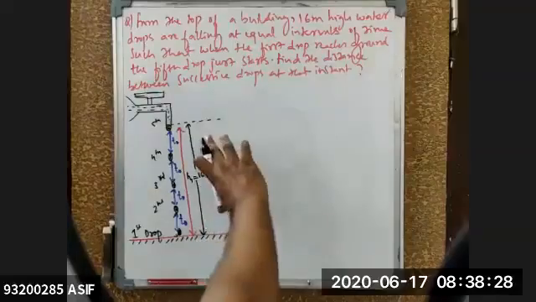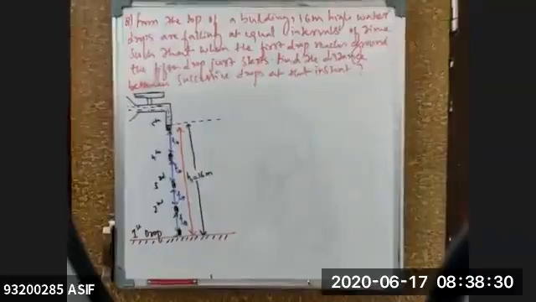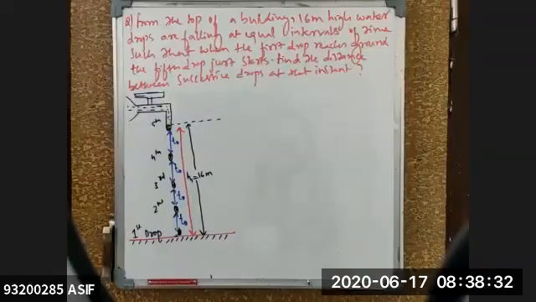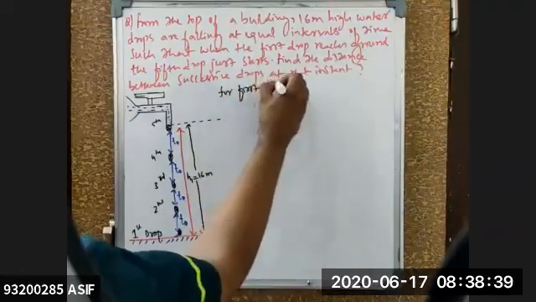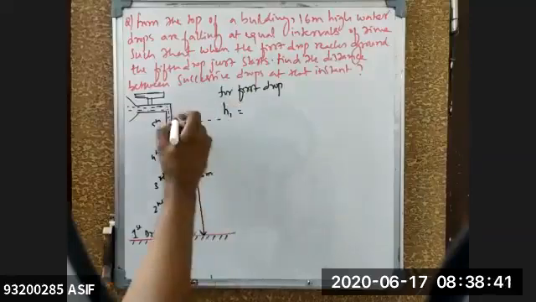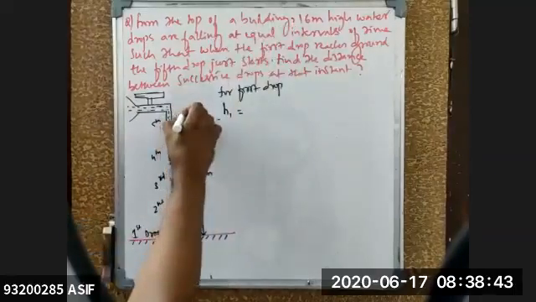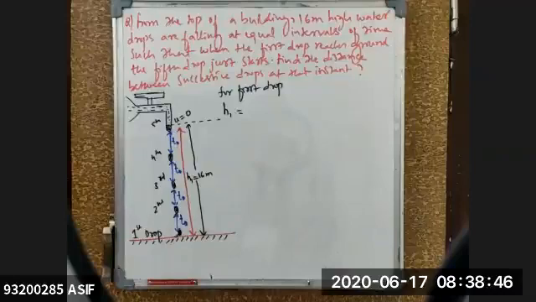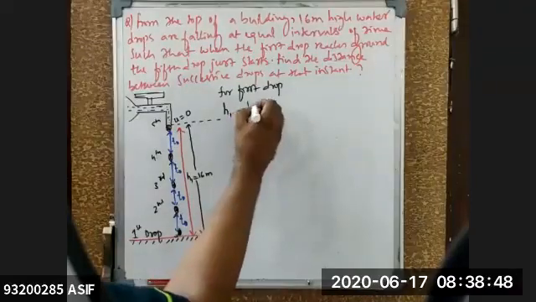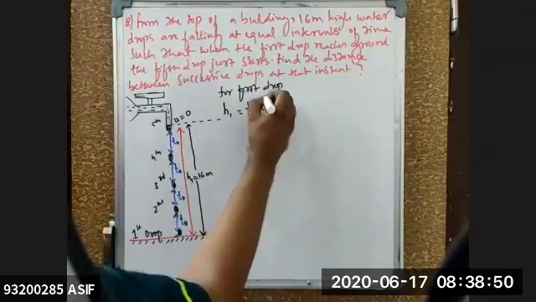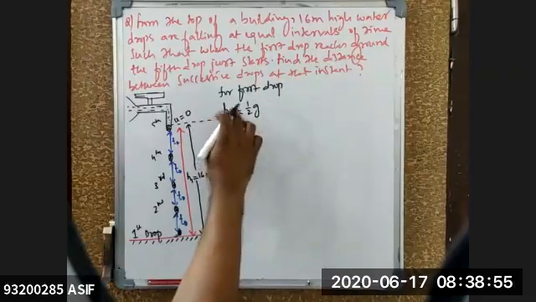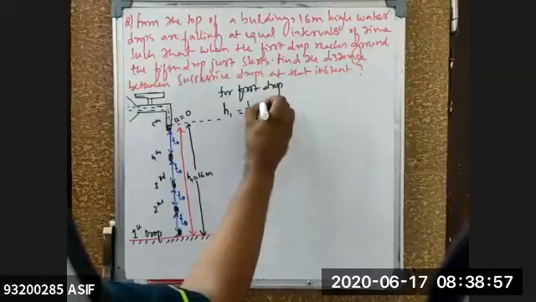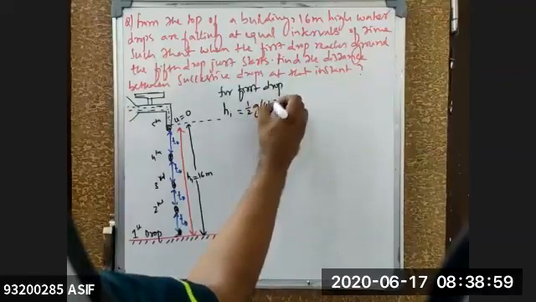Isn't it? So the time taken for the body to reach the ground will be equal to how much for me? 4 seconds. That means if I'm talking about your first drop right now, H1 for the first drop, H1 is equal to, the drop is falling, that means the initial velocity will be how much for me? 0. Initial velocity will be equal to 0. So it is equal to half into g into, say for example, T naught square. So for the first drop, if I'm using the relation, height H1 into this time is nothing but 4T naught square.